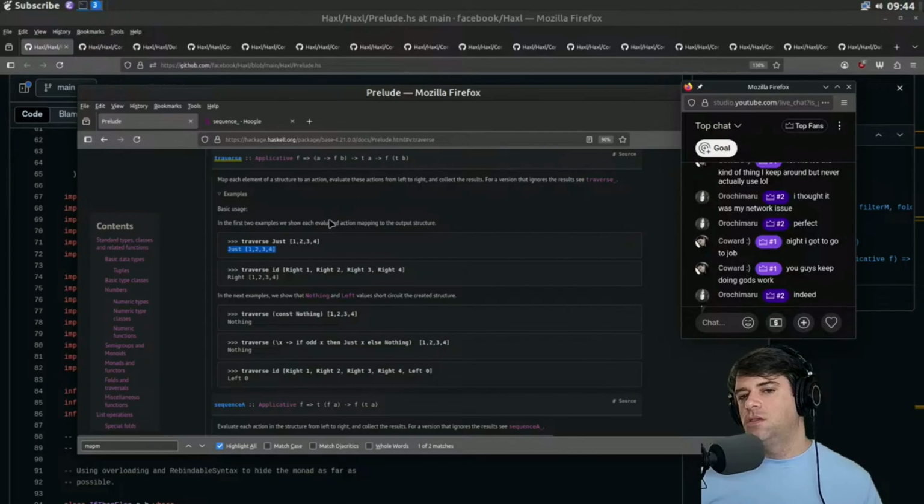So in this case, Just maps int to Maybe int, and you're calling it on a list of ints, and you're going to get Maybe of a list of ints, assuming t is list and f is Just. On the other hand, if you traverse with the identity,